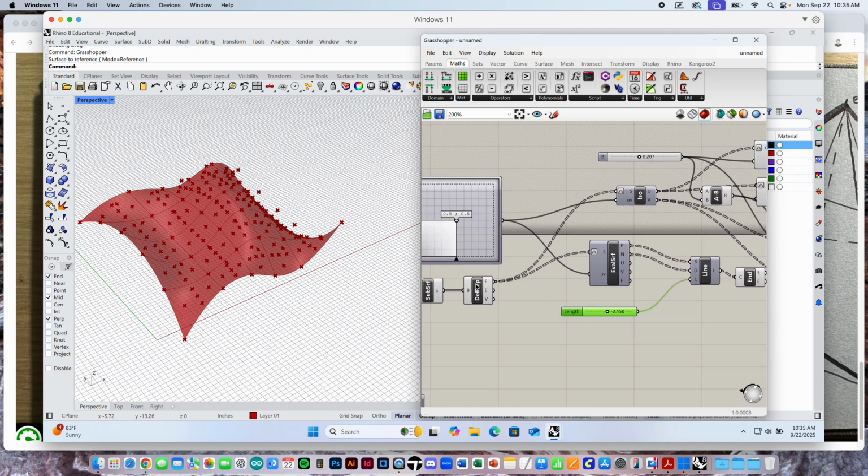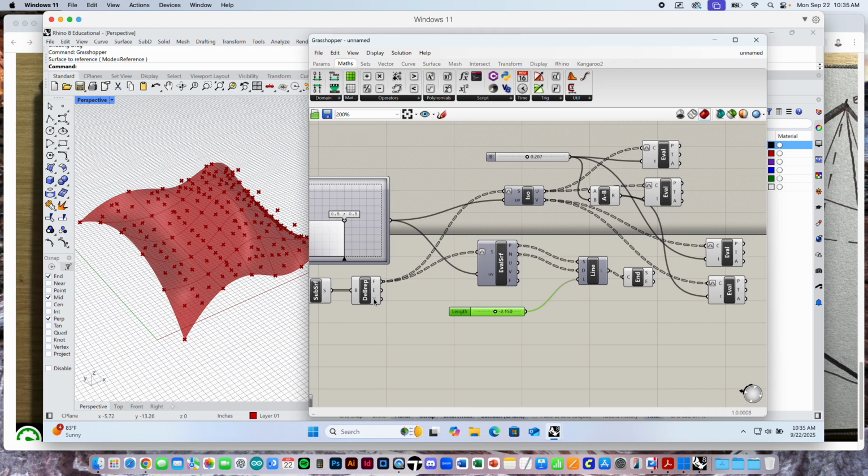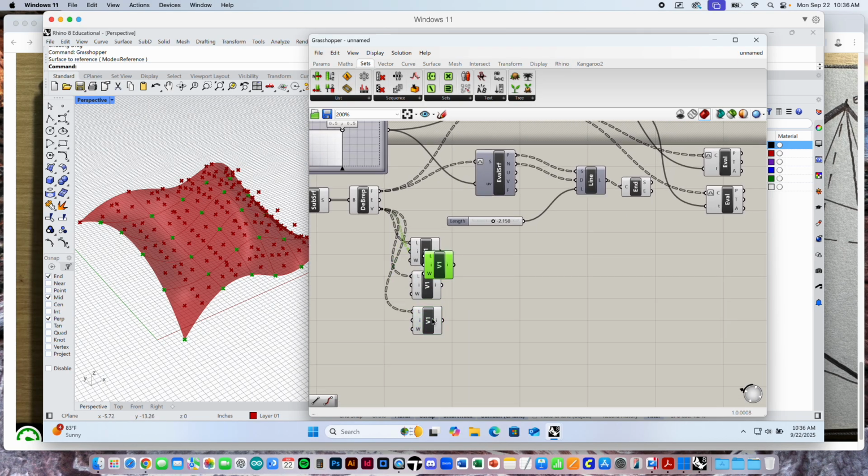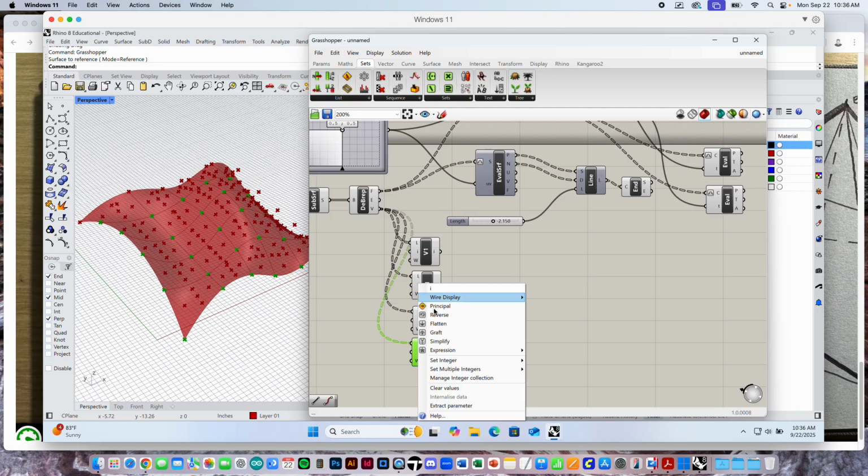All right, just as you did before, we go back to these vertices, and I'm going to pull out the first vertex, the second vertex, the third vertex, and the fourth vertex from each of these quads, using the nth item in a list, where we change that index. So the first one will be an index of 0, the second one will be an index of 1, the third one will be an index of 2, the fourth one will be an index of 3. So we'll plug these in. There's my V1. In fact, I'll just change it to V1. All right, now I got to change the